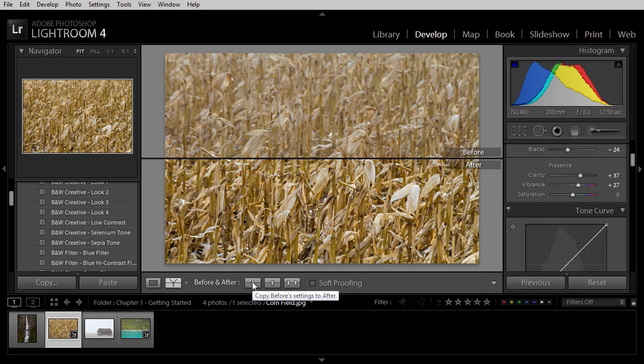While you're working in the before and after view, you can also designate whether you want to copy the before settings to the after image, in other words, essentially undoing your adjustments. You can copy the after settings to the before, making that setting a new before so that future adjustments would revert to this setting, or you can swap the two if you want to go back and forth between the two for any reason. Generally speaking, though, I don't swap the before and after, but rather continue refining my adjustments,